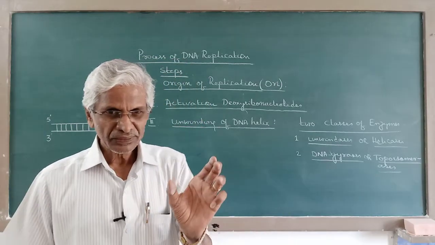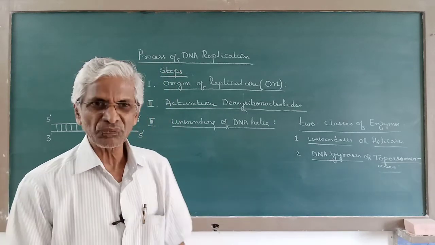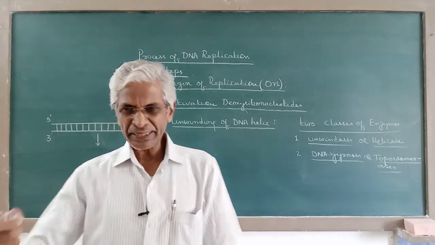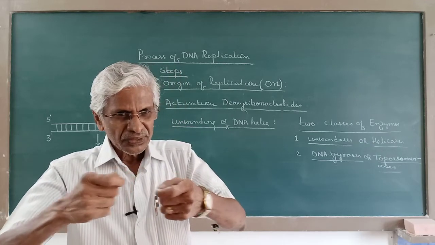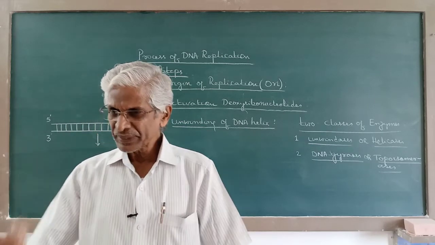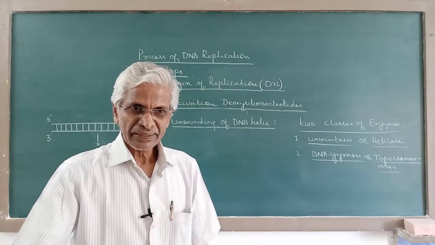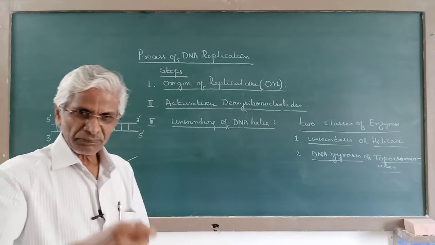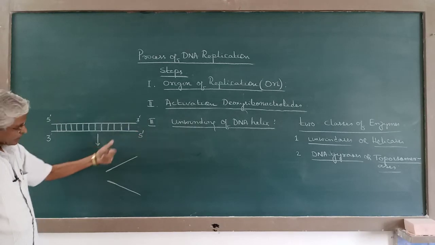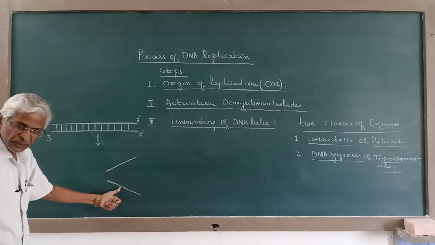But separation of the two strands of a DNA helix will not take place throughout the length of the DNA in one stretch. DNA being very long, it cannot undergo separation of its two strands in one stretch, but always during DNA replication, the separation of the two strands will take place in a stepwise manner, commencing at one end and gradually proceeding toward the other end. So here, at this end, the DNA has been separated. Now here, the two strands have been separated.